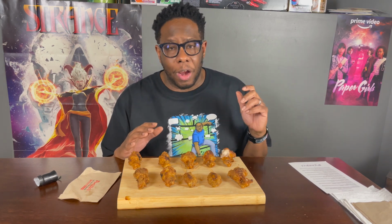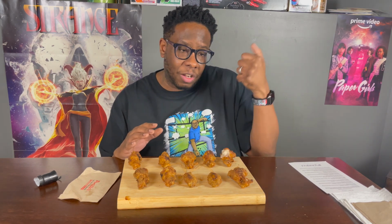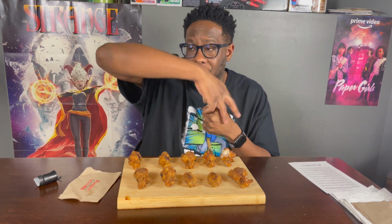So I had an issue of Uncanny X-Men where he had a lighter and he just lit the lighter, and it was a standard flame. He took that flame from the lighter and turned it into a full dragon and had it battling people. So some of you